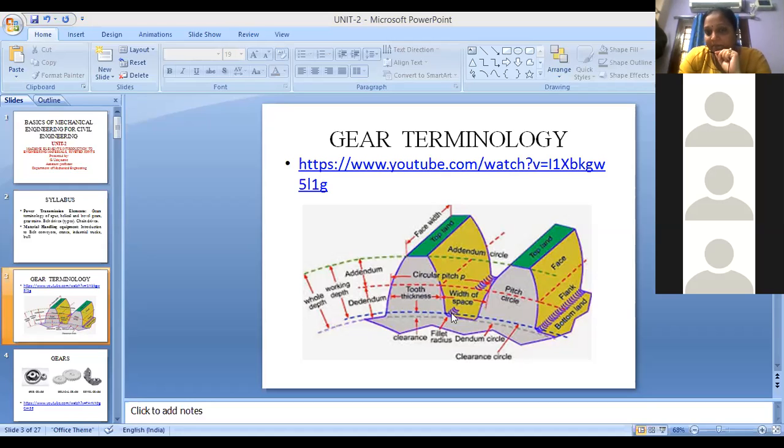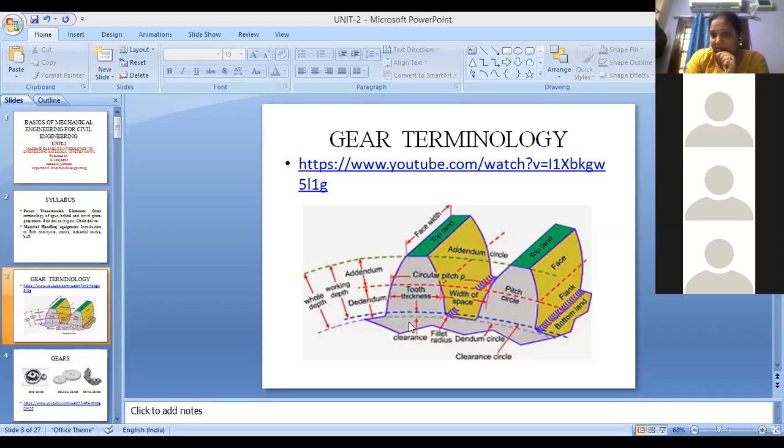Though you have depth till the dedendum, we don't use so much depth. Our gear here is a spur gear, and another spur gear will come and mate with this gear. The teeth of the other spur gear will merge up to the working depth. This blue line is marked as the working depth. The distance between the working depth and the total depth, the whole depth, is called clearance.